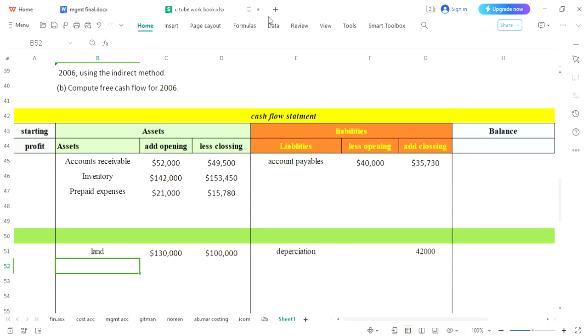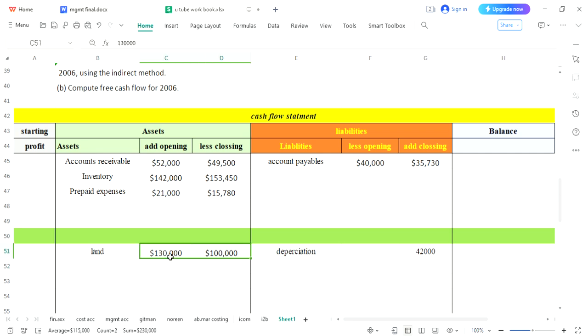And the second method is what? Look at here, the land has been sold out. Original value was 130,000 and sold at book value. That means original value, so 130,000 has been received. Asset value right now was only 1 lakh. It means 30,000 is your benefit. So instead of writing this, it means 30,000 additional you have received. You may be writing only 30,000 over here.